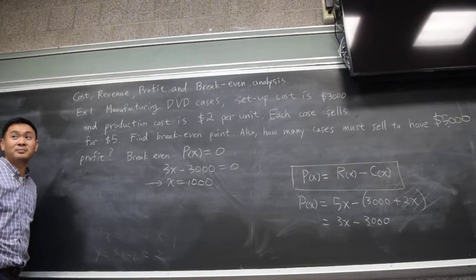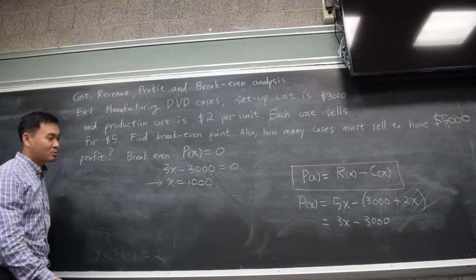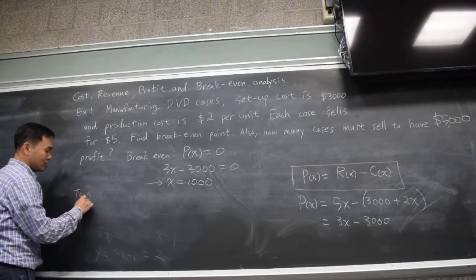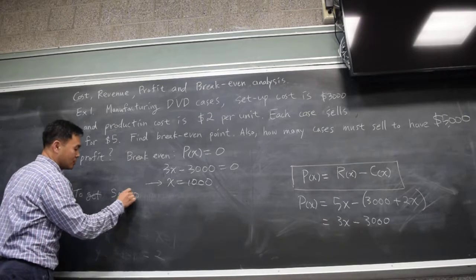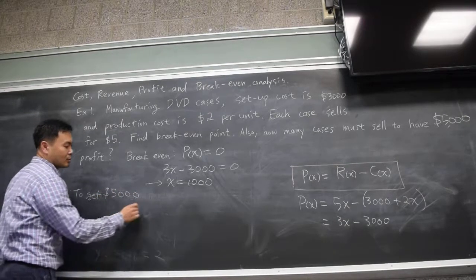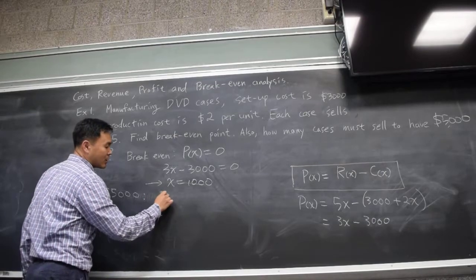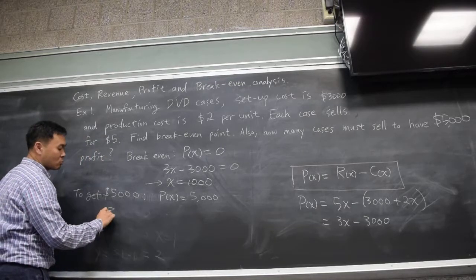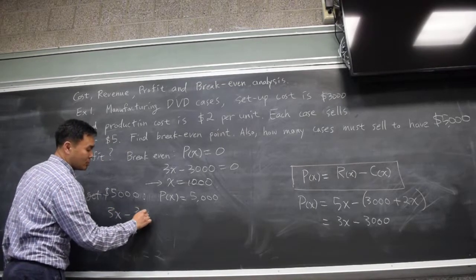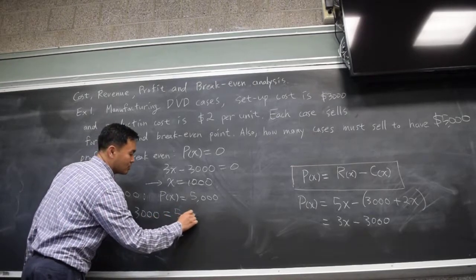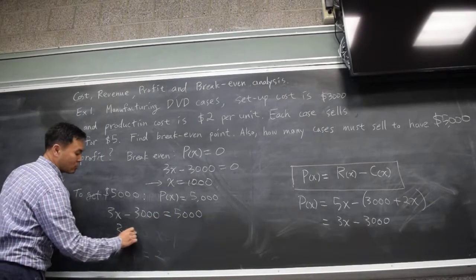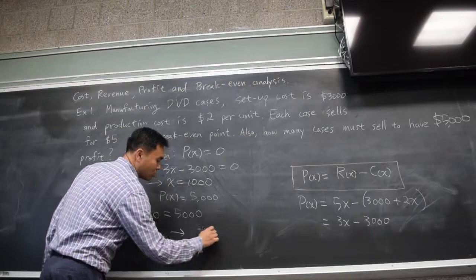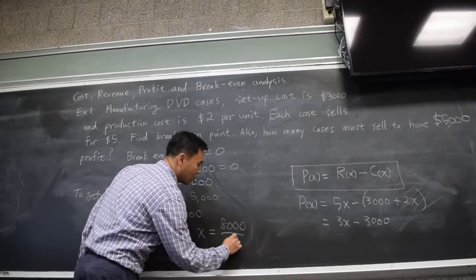4,000. Yeah. Okay. Let's see. So to get $5,000, that means your P of x should be 5,000. Your profit has to be 5,000, which means 3x minus 3,000 is equal to 5,000. And you get 3x equals 8,000. So that gives you x equals 8,000 over 3, which is like